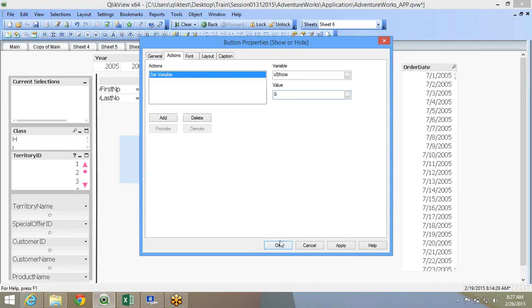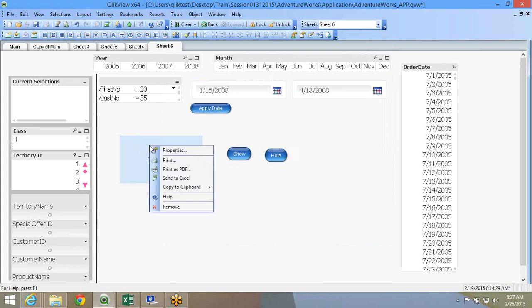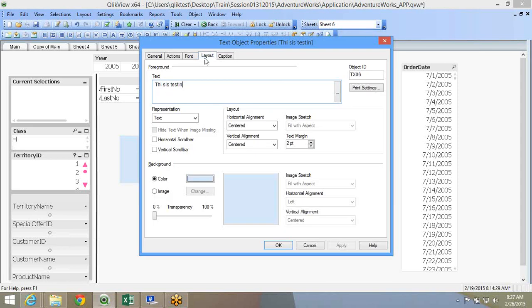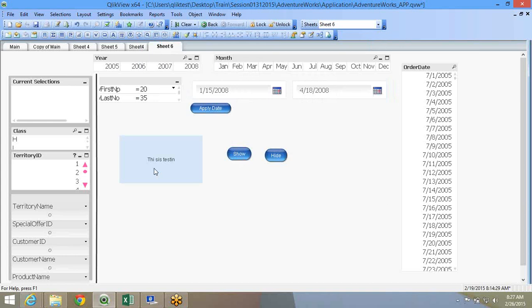It's like toggle between two, right? One button will set the variable as 1, one button will set the variable as 0. So hide is 0, show is 1. Now in this text object, or for that matter any object, I can set it like this: layout, show conditional, vShow is equal to 1. So when somebody selects show, the condition is 1, true, visible.